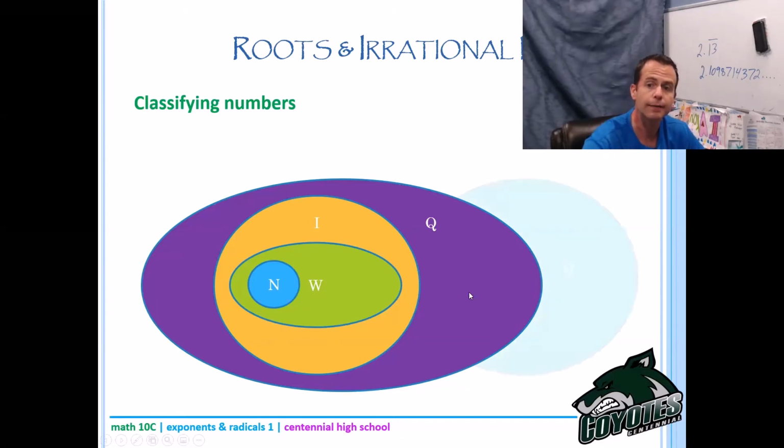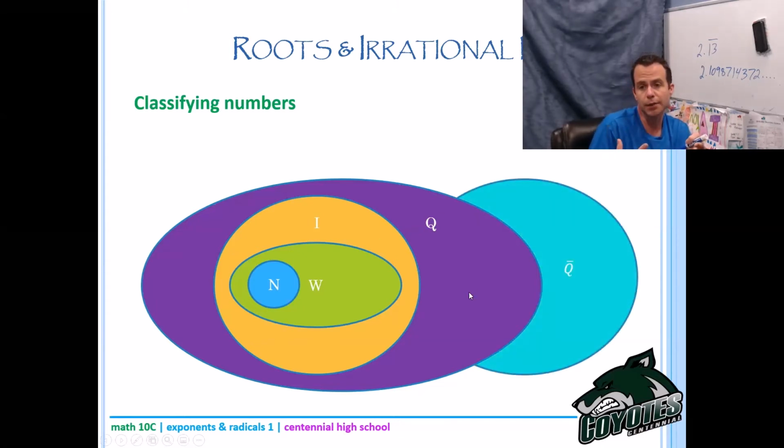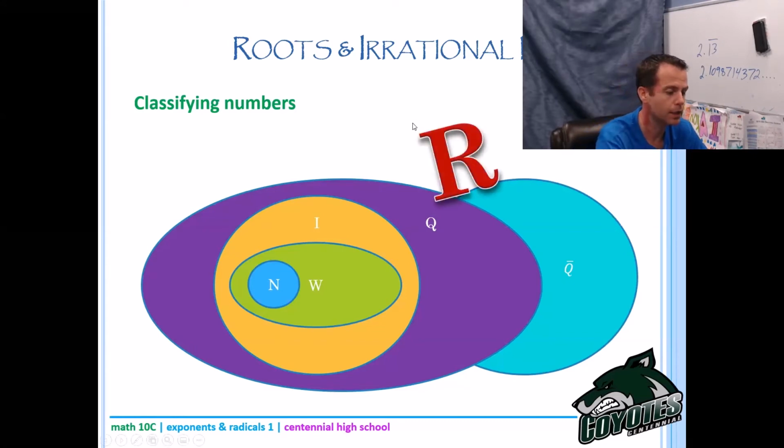And then we have the irrationals, which are just beside the rationals. They are not connected to each other. There are no overlapping regions there. And then the whole thing is real, okay? Now,